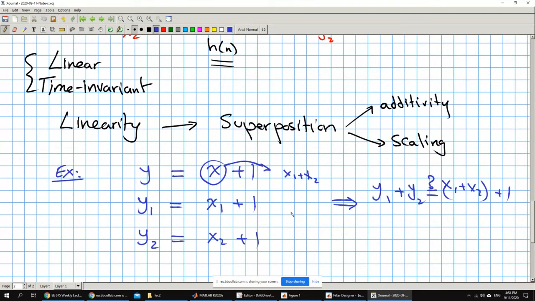Can you answer me? No, doctor. Yes. Y1, no, yes. It should be 2 plus 2. Right. Because of this one here